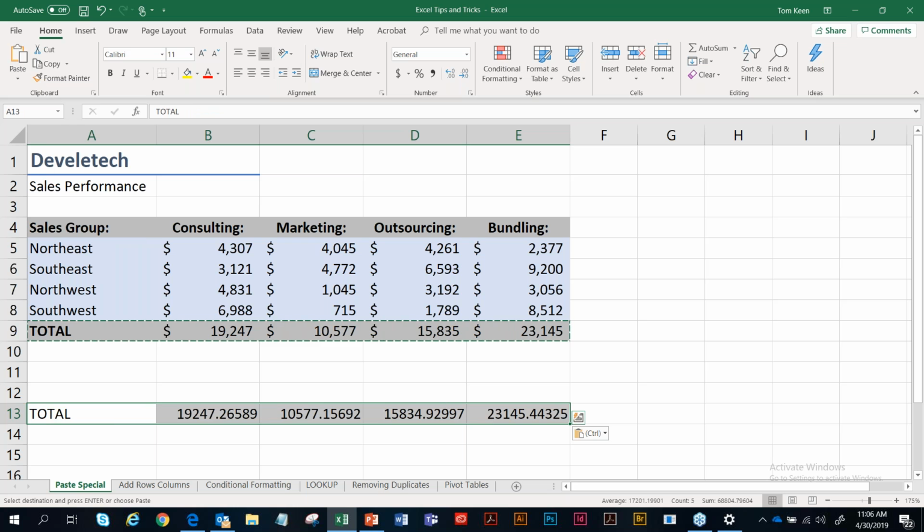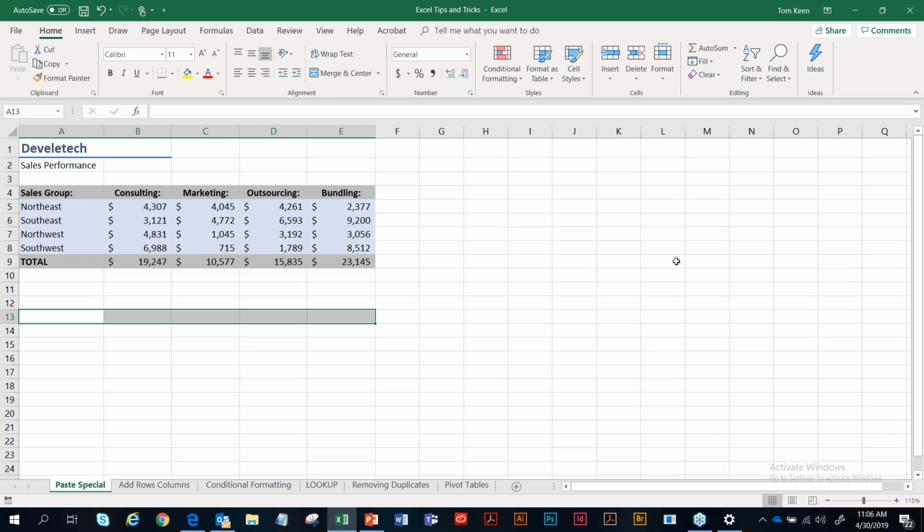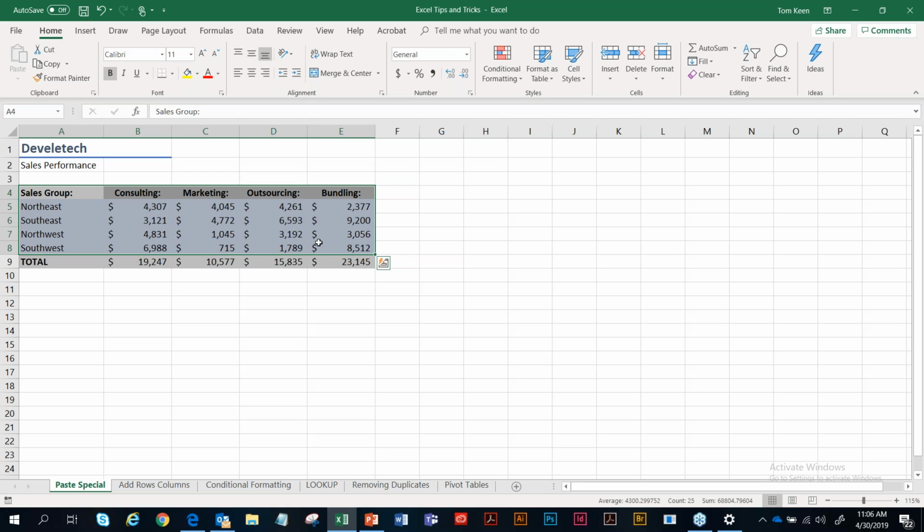Another tip that I like a lot is if I have imported information and I would like to see this in an entirely different way, maybe if I'm going to later use a lookup function. So at this point, one of the things I would like to do is to select my block of data, and then I want to flip this around so that my sales groups are my column headers and my departments are my rows. So again, I'm going to do a copy,